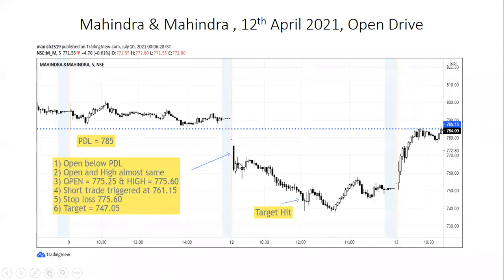Now let's try to understand how we can revise our stop loss. So again, at the time of taking trade, you will take trade below first candle low, and first candle high is your stop loss. And after some time, you can see the trade is working in your favor. So you can trail your stop loss. Okay, so let's see if any one of you can tell me from first candle high where we can trail stop loss. Okay, do type in chat box if you guys can decide how to trail stop loss.